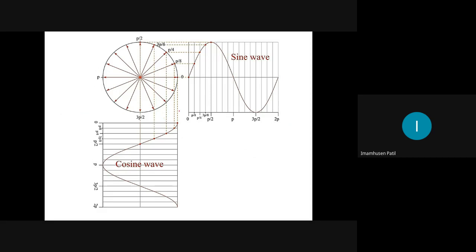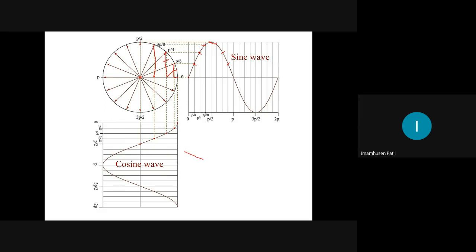Now just observe this. When you project this vertically, you are getting a sine wave here. At this point you are projecting, and this point you will get. When you project this one, you get this point like that. Vertical distances, whenever you project, give a sine wave. If you want the equivalent of the sine wave, you should read the vertical distances of the phasor. This is the vertical distance. Then you will get the exact value of the voltage of the sine wave.